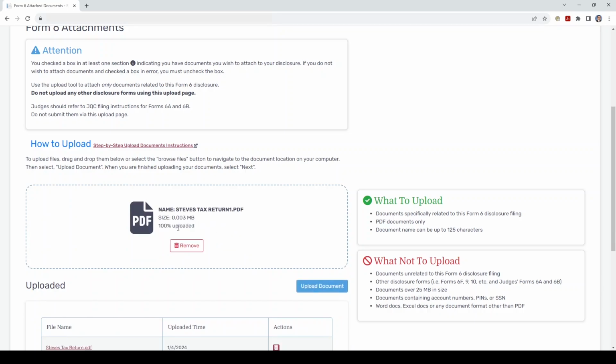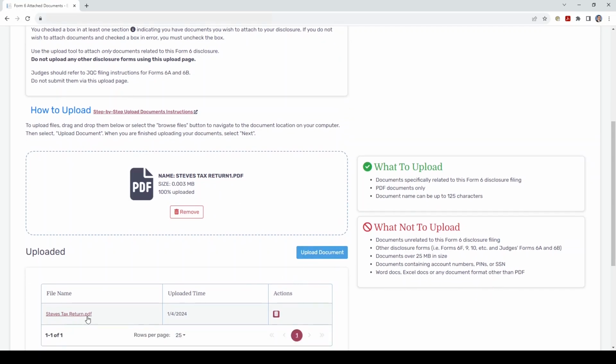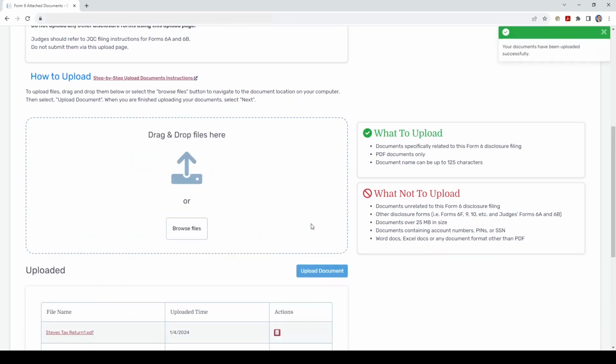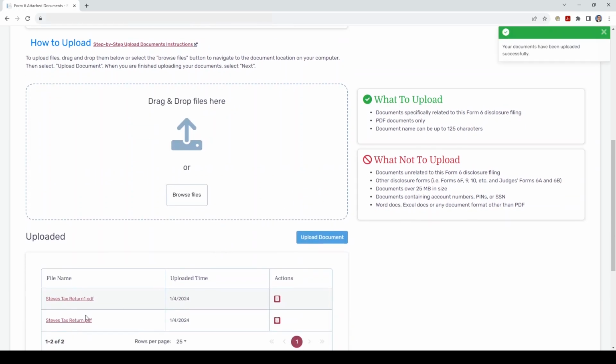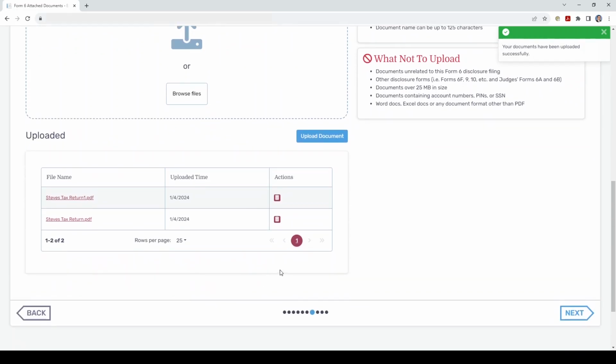We can see here that that is 100% uploaded now. So that is good. We can see that it is there, and then we can click Upload Document. When we upload the document, we can see that Steve's Tax Return is uploaded here. We're happy to have that there, and